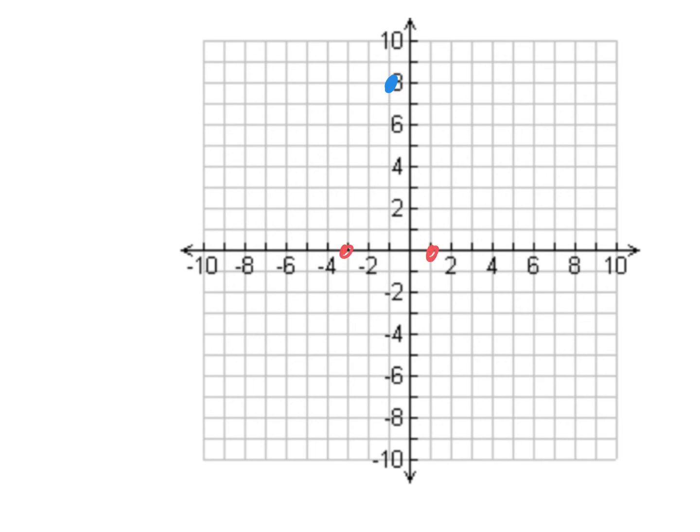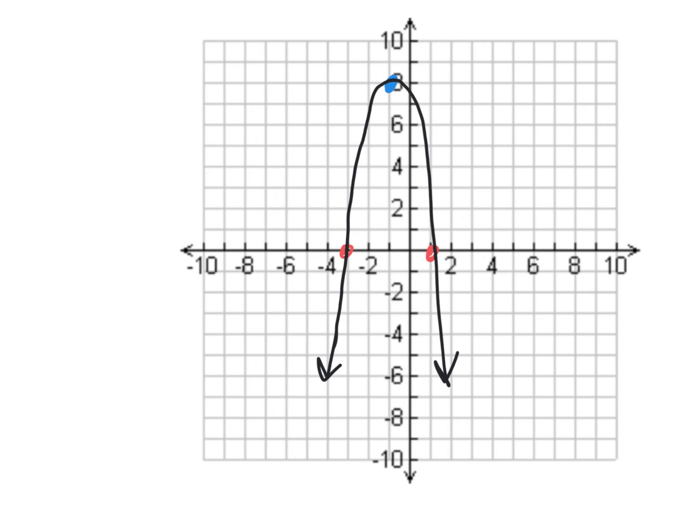Just please make sure when you connect these that you make it curved and not a V, because we want it to be a parabola. If this bothers you and you'd rather find 2 more points and plug in, like for negative 2 and 0, if you want to get your other 2 points and make a table,